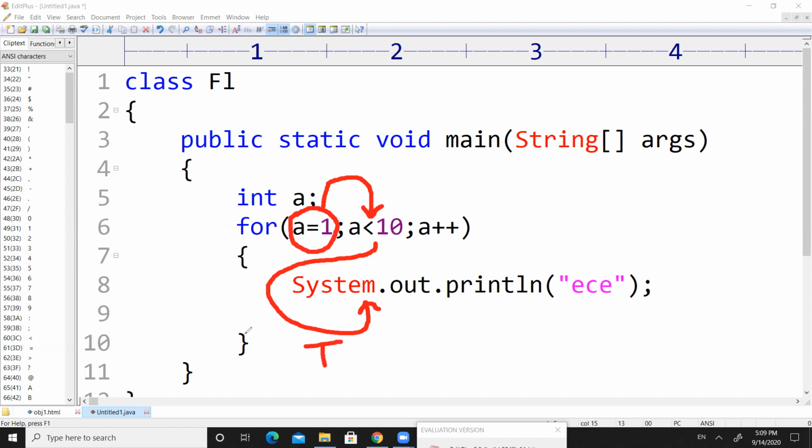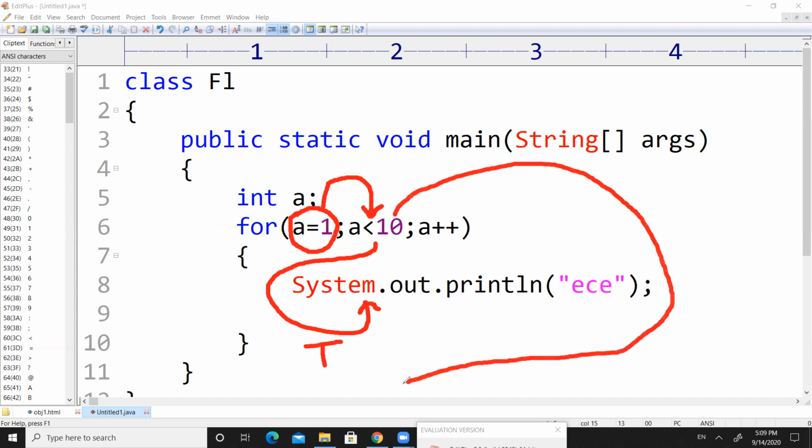That means it will execute the body of the for loop. In case the condition is false, it will just execute the remaining statements of the program without executing the body of the for loop. So initialization will be done first, followed by condition checking.